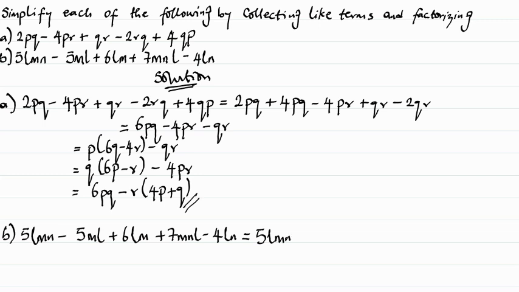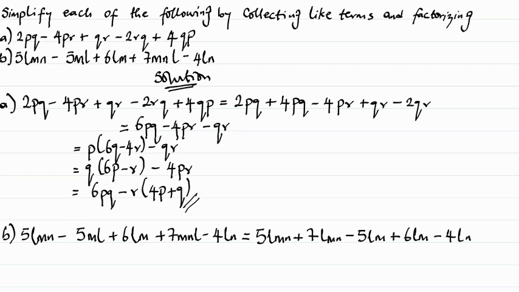5lmn plus 7lmn. Next we have minus 5lm plus 6lm minus